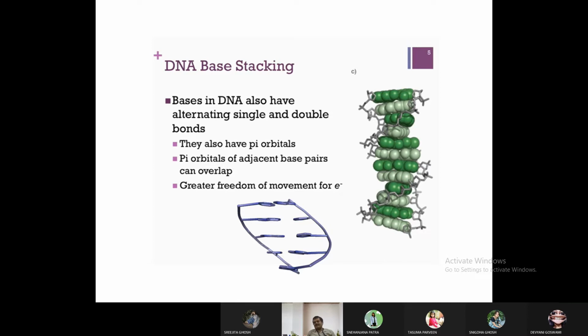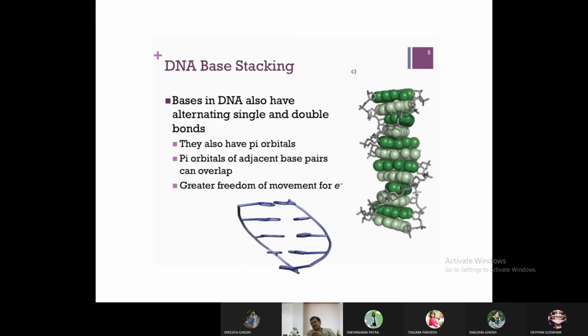DNA is also a sort of ladder, where two phosphate backbones go like this, and perpendicular to them you have the steps. We also told that one ladder step is on the top of the other, which gives base stacking. This is what we have discussed so far. But had been the case